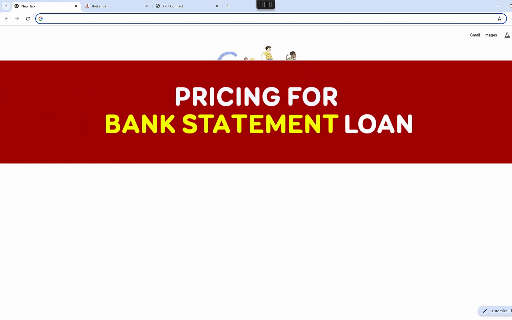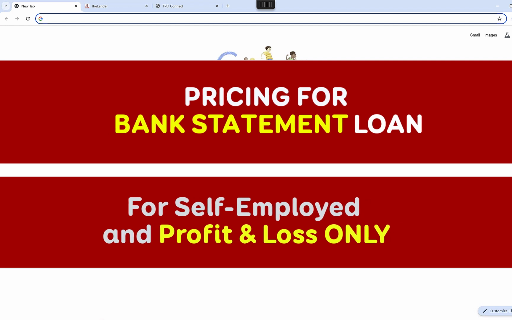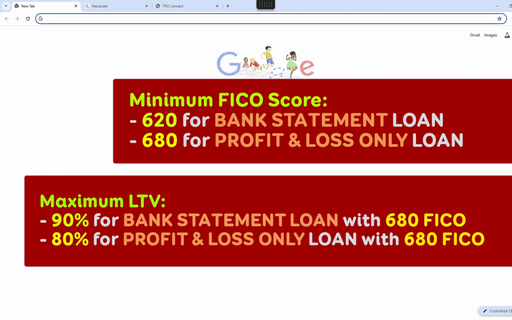In this tutorial, we're going to cover how to price out bank statement loans for self-employed as well as profit and loss only for self-employed. Minimum criteria to qualify: when it comes to bank statements, you need a minimum FICO score of 620. The maximum LTV you can do is 90%, but it is required to have at least a 680 FICO score. When it comes down to profit and loss only, you need a minimum score of 680 and a maximum LTV